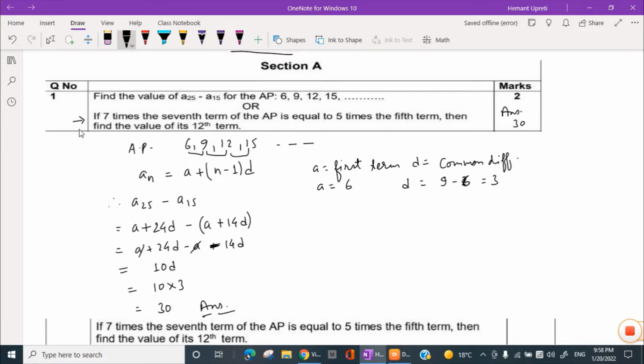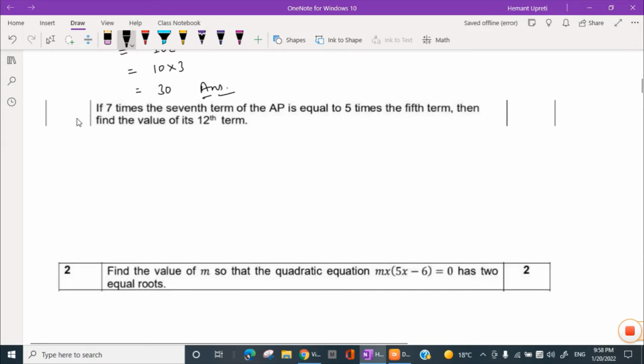Answer is 30. Now इसमें एक इंटरनल चॉइस दिया है, जो मैं नेक्स्ट क्वेश्चन ले रहा हूँ वो इसका चॉइस क्वेश्चन। इंटरनल चॉइस पहले ही क्वेश्चन में दे दी गई।